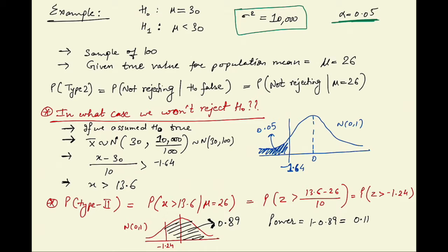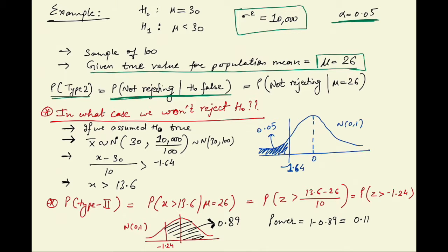So let's say we collect a sample of 100 from the population, and we have to calculate the probability of type 2 error. The probability of type 2 error is given by the probability of not rejecting the null hypothesis when H0 is false. To calculate these kinds of questions, we must know that if H0 is false, then what is true. Let's say we are given that the true value for the population mean is 26,